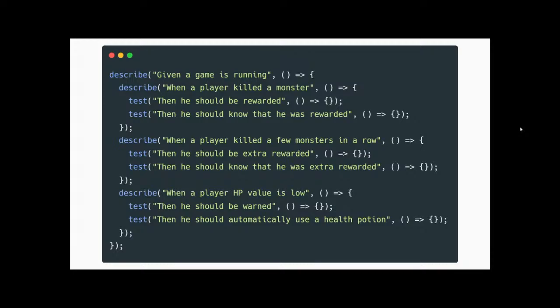Which is why, for example, he might ask himself, when a player's HP value is low, should we do something, like should we warn him? Should we maybe use the health potion automatically? Now, this third block